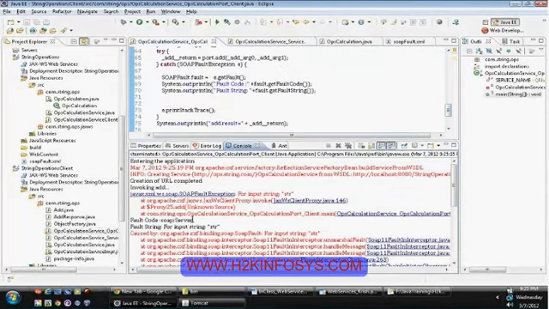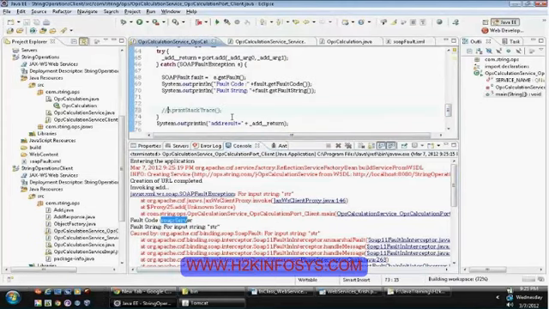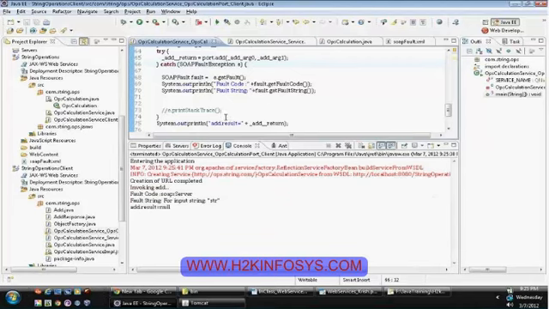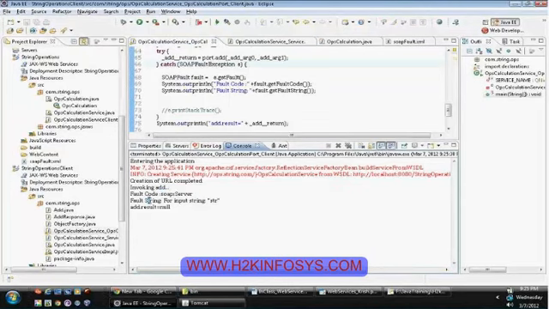Here you can see that the fault code has been received as SOAP:server, or else we won't print e.printStackTrace. Now you can see that in our exception handle block, fault code is SOAP:server and fault string is for input string str.